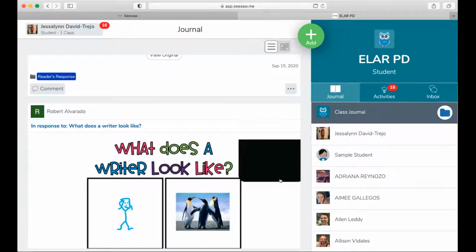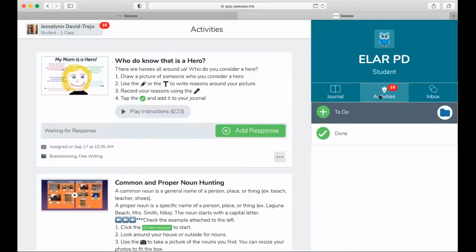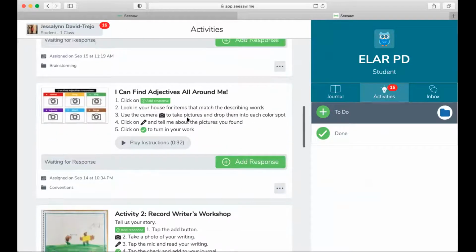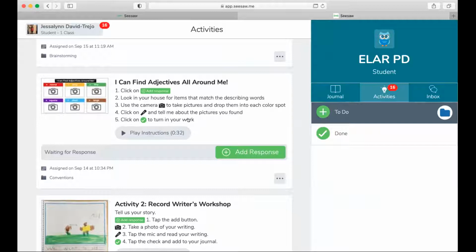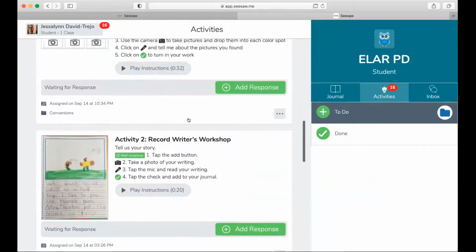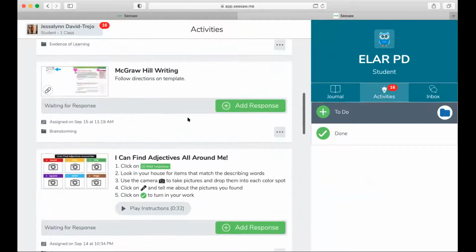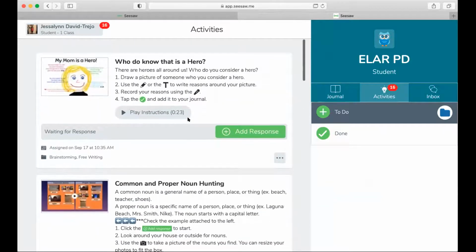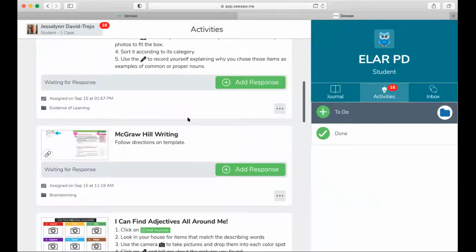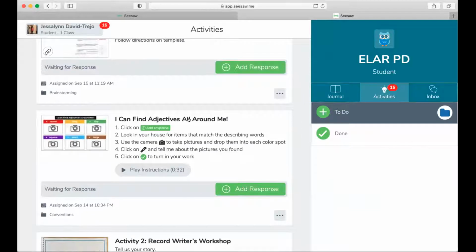So what I want you to do right now is go in as a student, go into the activities page, and find an activity that you would like to do. Okay, and I'm going to give you guys 5 minutes to do that activity right now. And then you're going to go through the process and see the different options, and then you're going to submit it. Okay, and then as you're doing that, you'll be able to see your colleagues' other work, and then I'm going to change some settings.